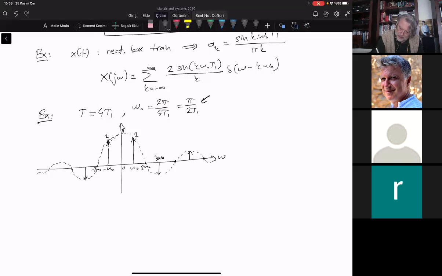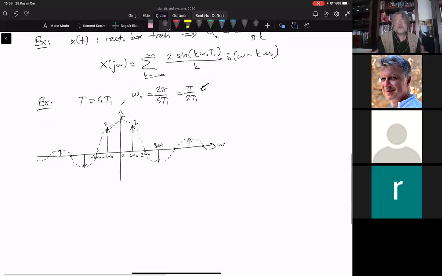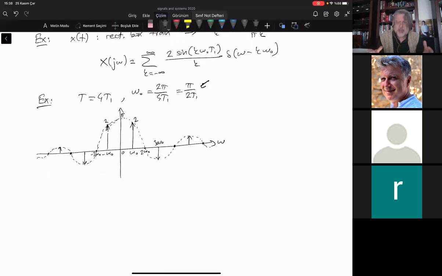So these impulses are the Fourier transforms that we have. And some of the impulses have zero magnitude. As you see, they exactly coincide with the zero crossing of the sinc. You may want to become familiar with sinc shapes and when they make zero crossings, what their peak values are, etc. By solving questions and seeing example questions, let's say from the book or from other resources, because it's always a good idea to